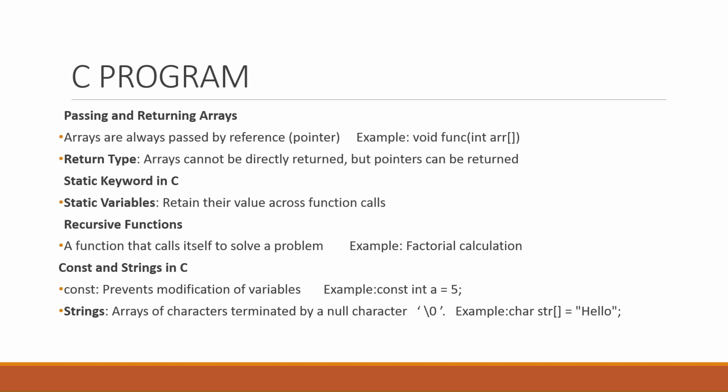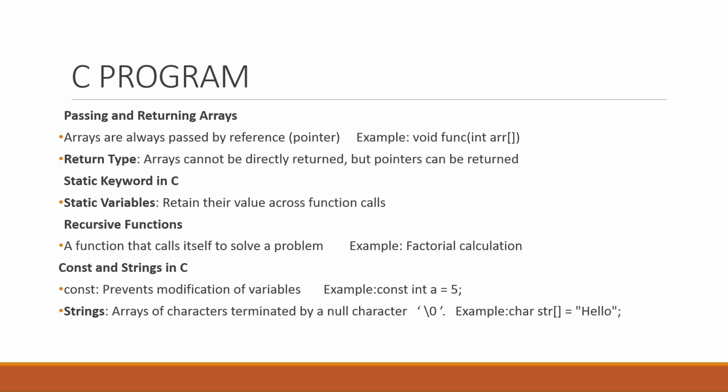Const prevents the modification of a variable. Strings are arrays of characters terminated by the null character, backslash 0. Example: const int a = 5 refers to a constant, and char str[] = "hello"